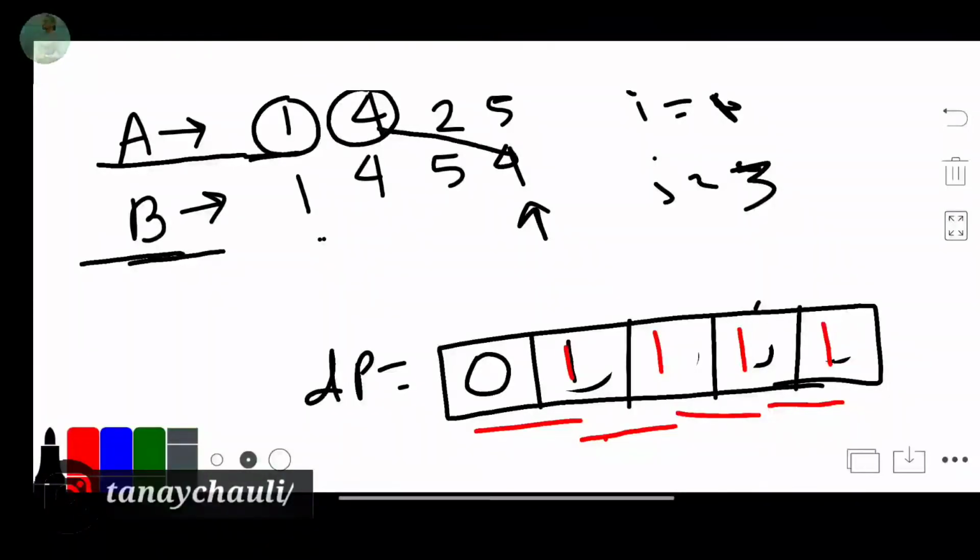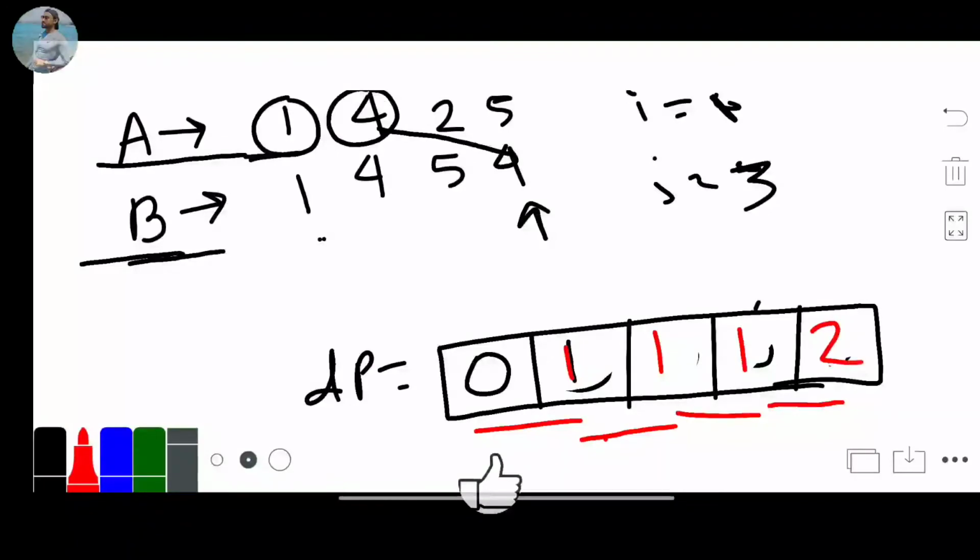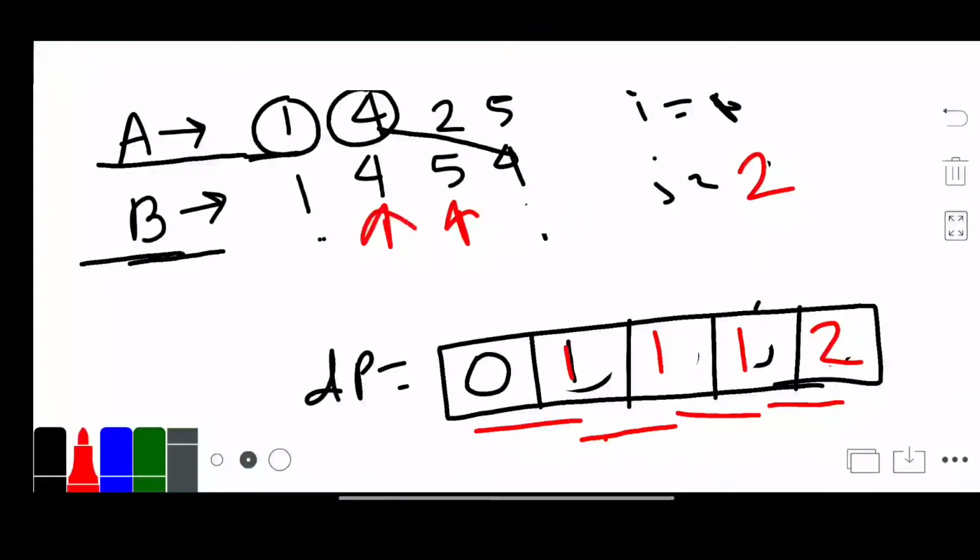So now our dp4 value is 1 plus 1, that is 2, previous value plus 1. Okay, so now we check this one and this one. This is not matched. Again 4 is matched with this value, so again this is 1, so we update dp2, dp1 plus 1 means 1 plus 1, that is 2.